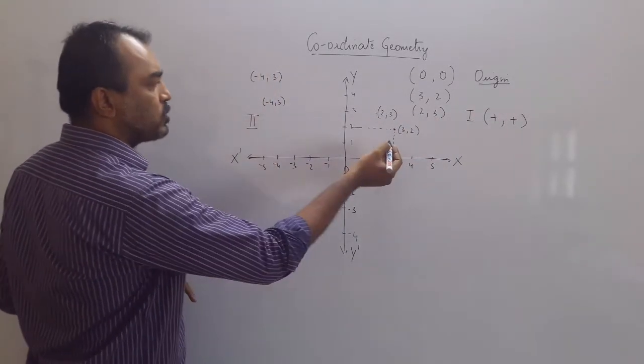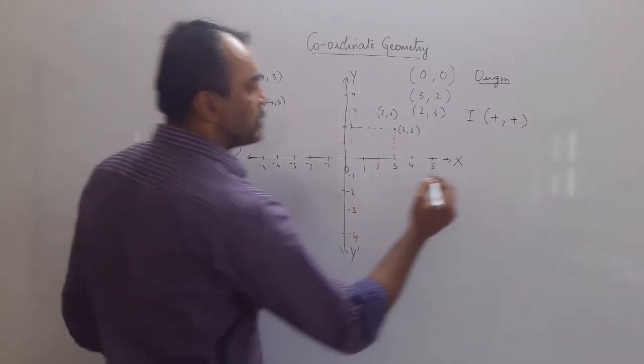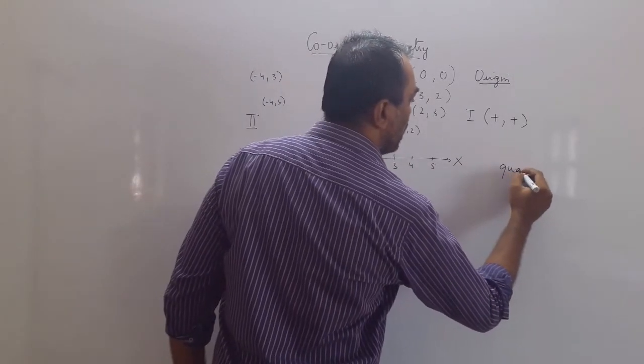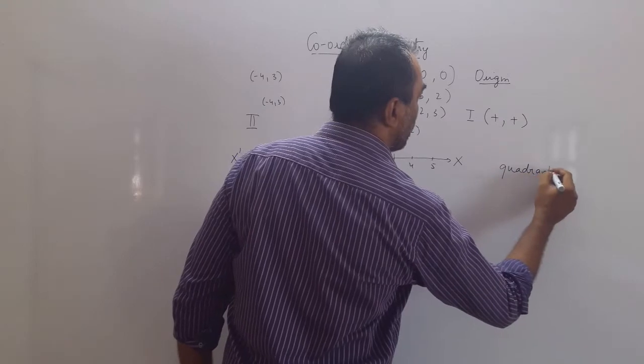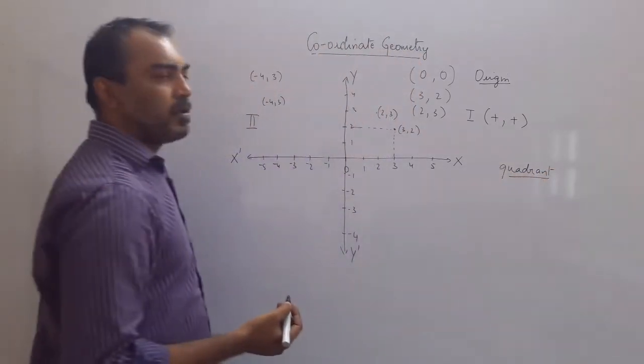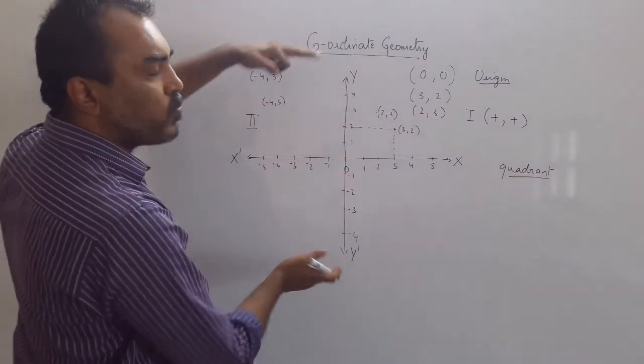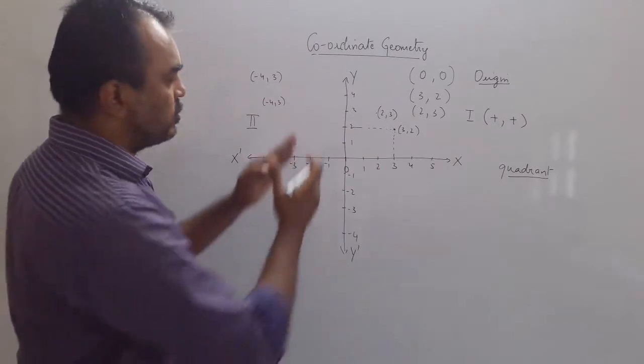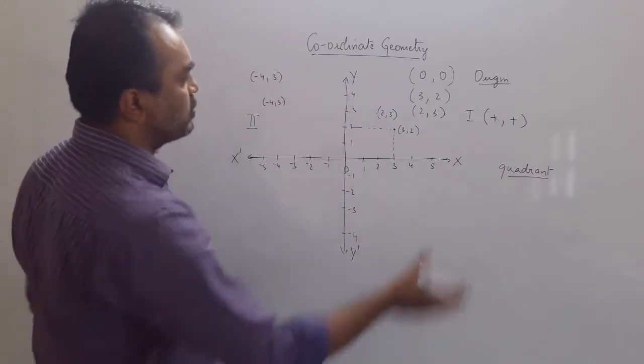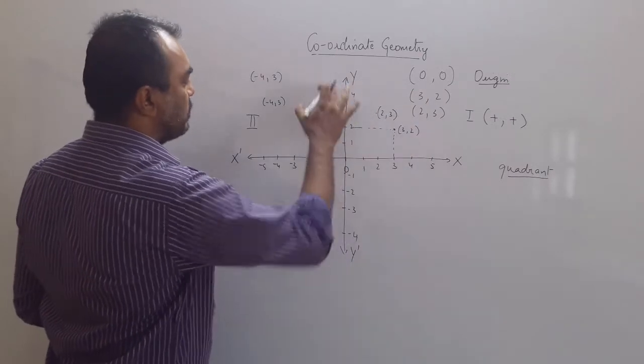Remember, first quadrant, why quadrant we call it? The spelling is QUADRANT, quadrant. It is like something in a quarter. When you divide something into 4 parts, each one is called a quarter. So this is a quadrant divided into 4 parts. So we call this the first quadrant. This we call the second quadrant.